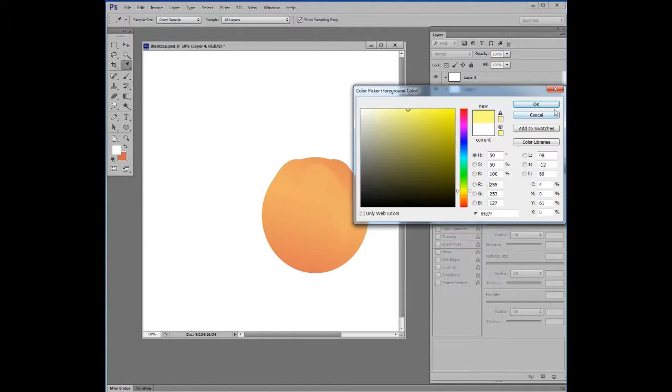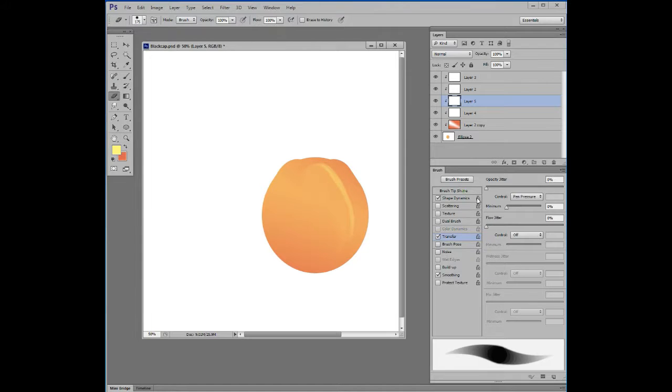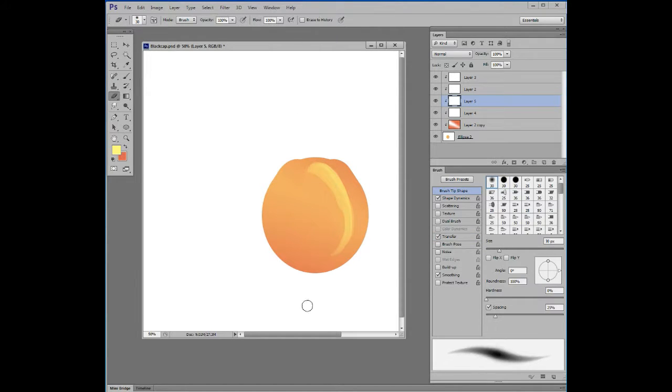So I'm starting out with a peach, and again, this is just a super fast, not even really a tutorial, more of a watch me work. But as you saw in there, I used a gradient tool to kind of round out that peach to begin with, and then now I'm going in with erasing into the shadows and then adding highlights and then finally adding